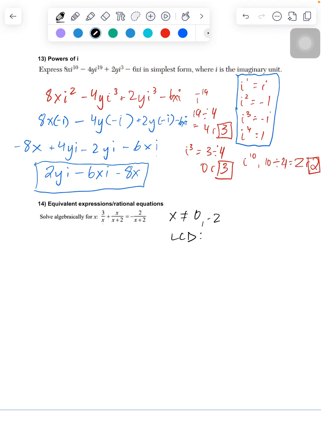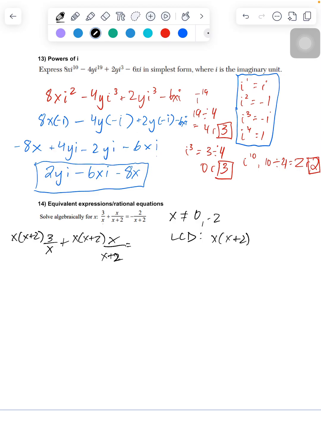What are the differences? The denominators are x plus 2 and x, right? So I'm just going to have x plus 2 times x. That's going to be my LCD. So let's do this. And now I multiply all the terms by my LCD. All right, so we'll have (x plus 2) over 3x plus (x plus 2) over (x plus 2)